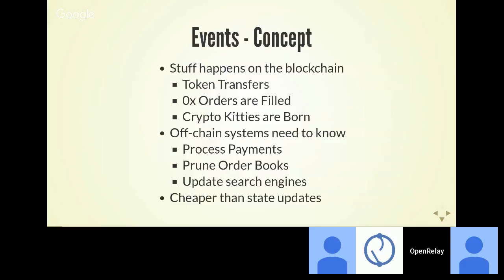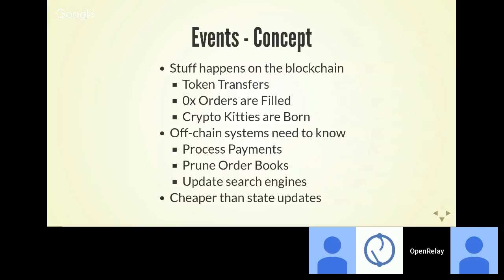So events are essentially stuff that happens on the blockchain. You have things like token transfers, 0x orders that get filled, and CryptoKitties that are born. And then you have off-chain systems that need to know these things have happened. If you have a token transfer, you may want to process a payment and ship an item because somebody transferred a token to you. So you might have a payment processing system that monitors for token transfer events and then reacts to those things